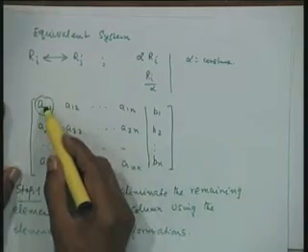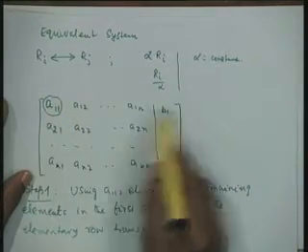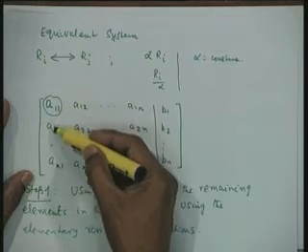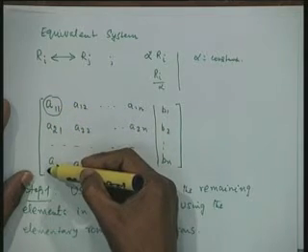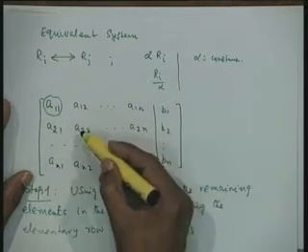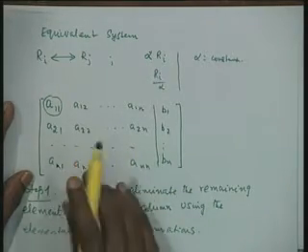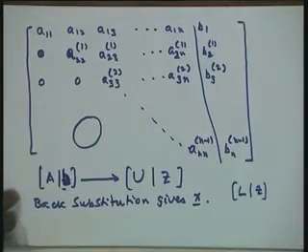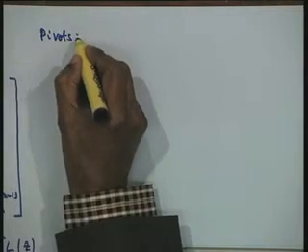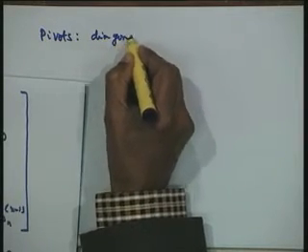Now, one more observation that can be made here is, particularly with hand computation, before we do each step, we can make the diagonal element 1. So, I will first divide throughout by a11, then it will be 1, then I will be multiplying by a21 and subtract, a31 and subtract, an1 and subtract. So, it is possible for us to make the diagonal element 1 before each step. The diagonal element shall be called a pivot. So, we shall call each diagonal element a pivot.